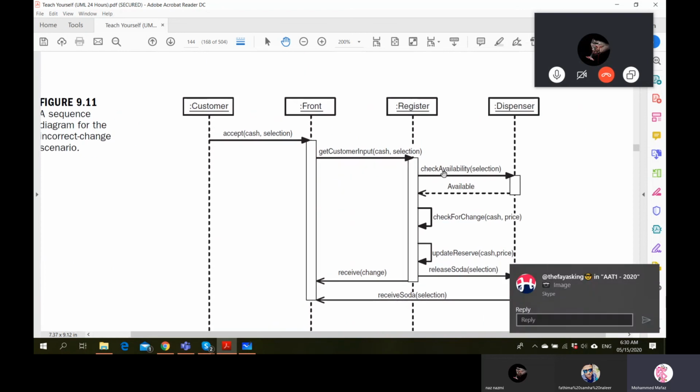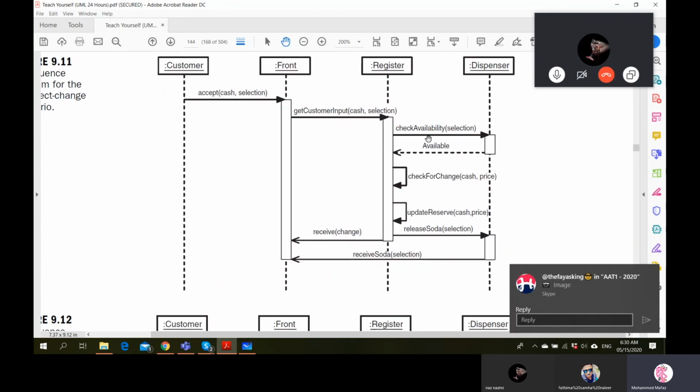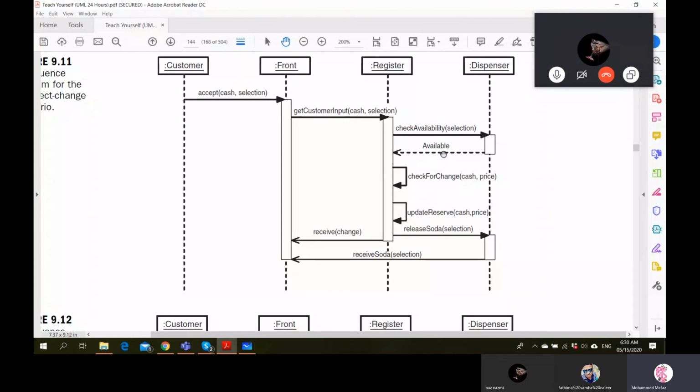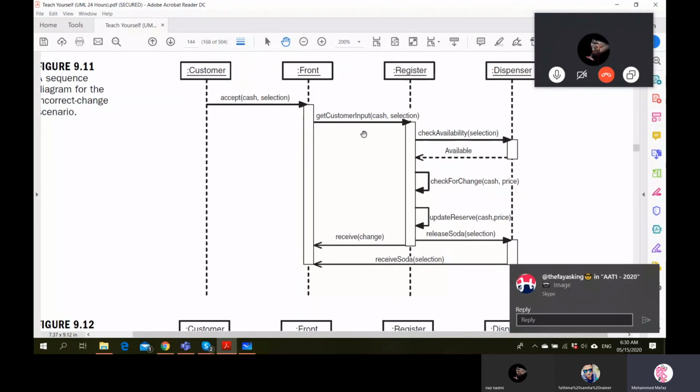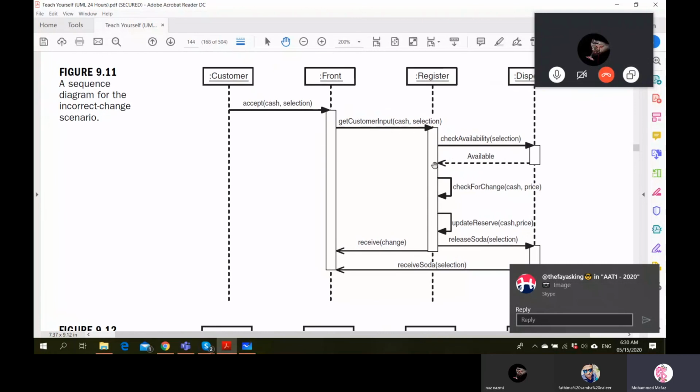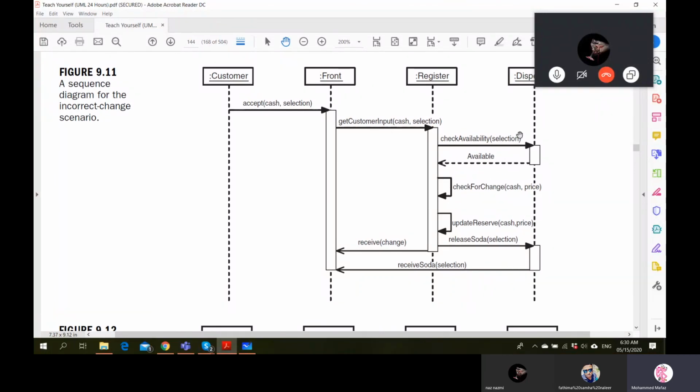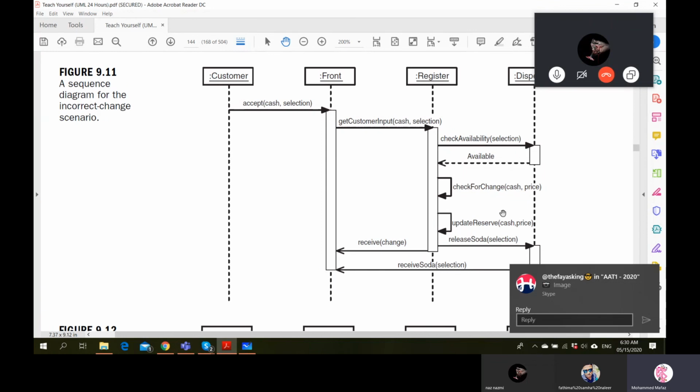If we had already gone to availability before checking the cash, we have spent a lot of work here. These interactions might not be needed if we had checked the cash in the first place and checked for the balance and everything. Then this side of the operations was not needed. So I think that's why they have compared this.